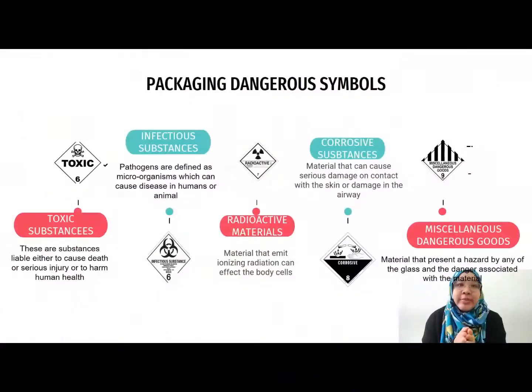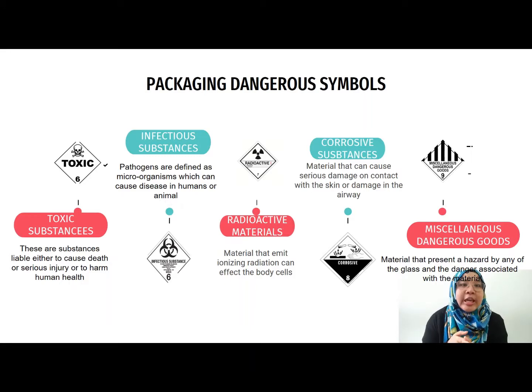So I will explain about packaging dangerous symbols. They have 5 here. The first is toxic substance, infectious substance, radioactive material, corrosive substance, and miscellaneous dangerous goods. Toxic substances are substances that are liable to either cause death or serious injury to humans if they